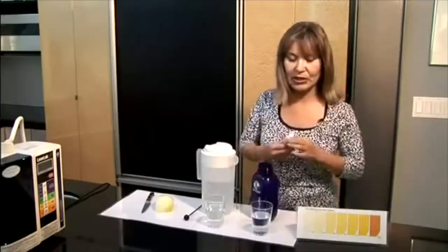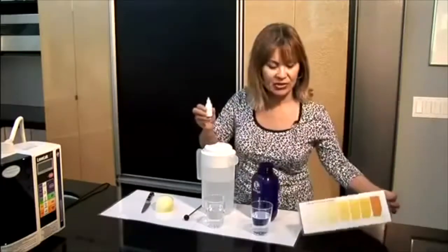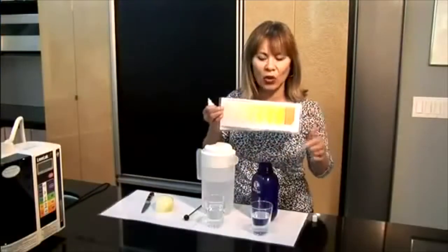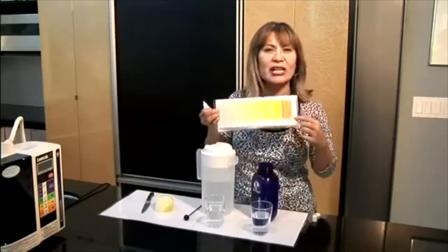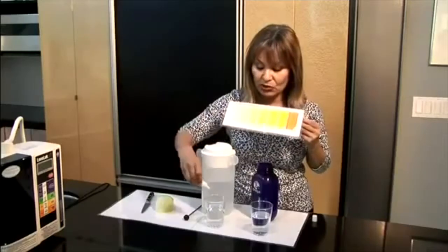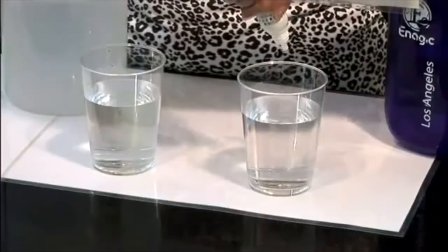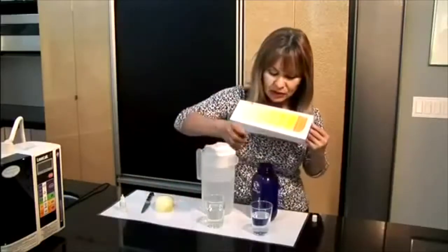And then I'm going to use a standard chlorine tester, and we're looking to match up some colors right here. So when I put the drops into the waters, they will turn different shades of yellow based on how much chlorine is in the water. So I'm going to go ahead and put a few drops into the tap water first here, and then into the Kangen water on this side, and then just give it a little stir here, and then a little stir here,